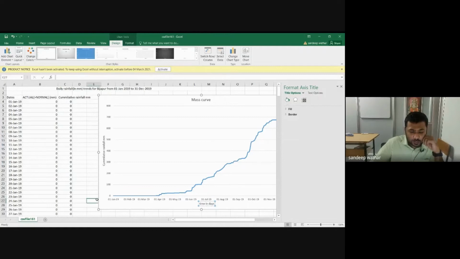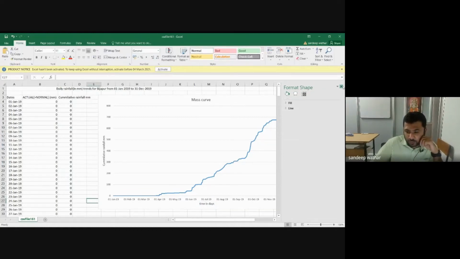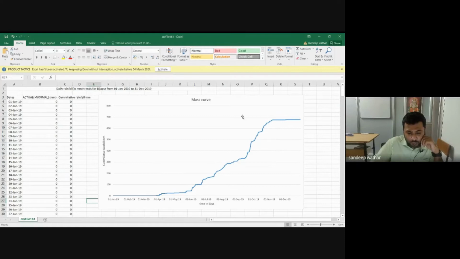Right. There are a few inferences that you can find out from this chart. As you can see, this curve can explain the spatial temporal distribution of rainfall. Temporal distribution of rainfall means the amount of rainfall that happens in any given duration. Now take January, February, March, and till the beginning of April, there was no rainfall at all. So we can call this a zero rainfall period.